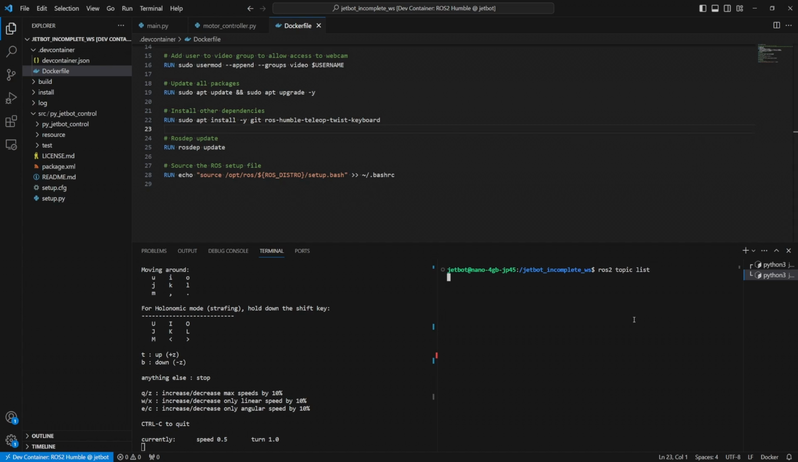By doing a ROS2 topic list, we can see all of the topics that are available. The one we're interested in right now is this cmd_vel topic. There are two other topics: parameter events, and any log events that happen on rosout. But cmd_vel is the one created by this teleop twist keyboard node. So if we echo it,